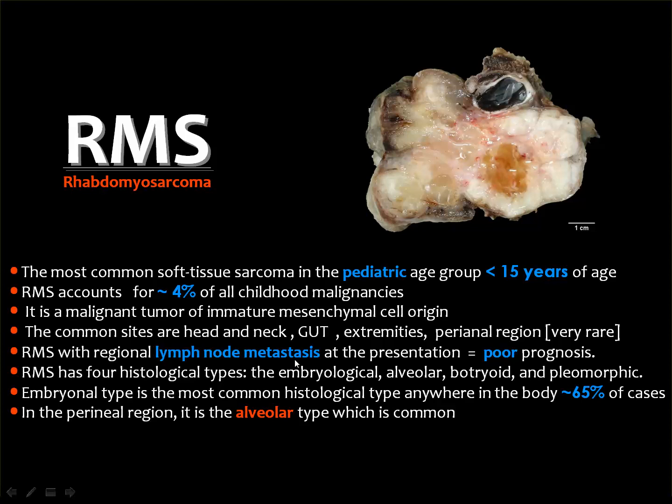Rhabdomyosarcoma with regional lymph node metastasis at presentation indicates poor prognosis. And you remember that rhabdomyosarcoma may have four histologic types: the embryonal type, the alveolar type, the botryoid type, and the pleomorphic type. The most common type is the embryonal type anywhere in the body, but the alveolar type is common in the